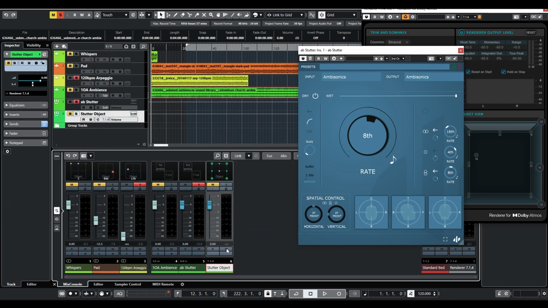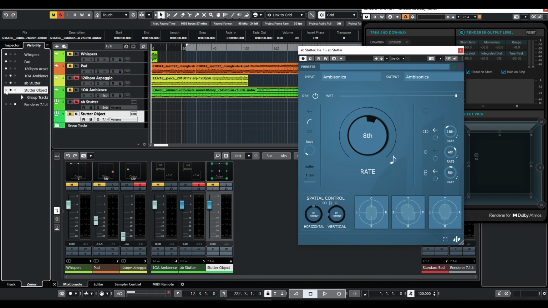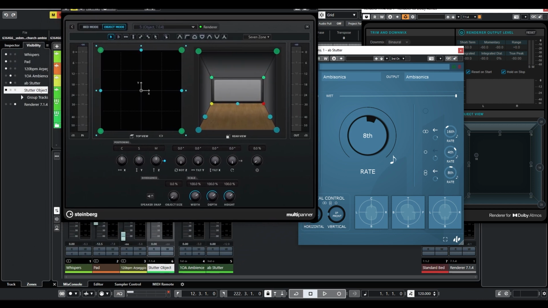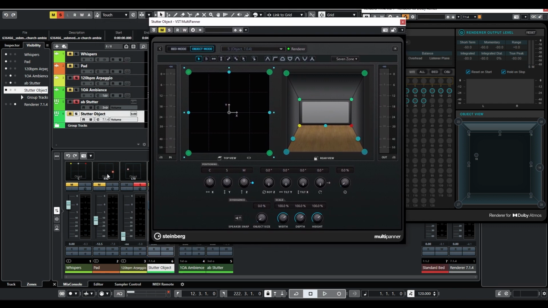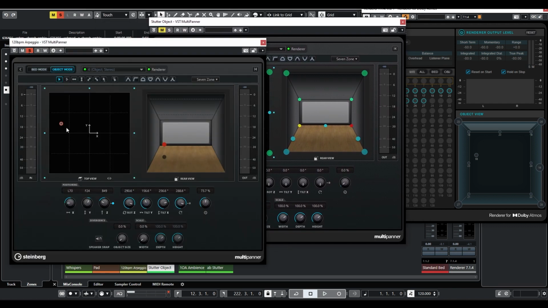And that way, I am sure that my whole stutter effect is not going through the bed, but it is a completely independent and three-dimensional object. So let me just move this to the left just to keep it organized. Now my stutter track is an object. So now not only do I have control of the spatial properties from within A/B Stutter, but I also have control from the properties that Dolby Atmos has to offer. So if I go again to my arpeggio, let me just move it a little bit to the center. And if I press play,